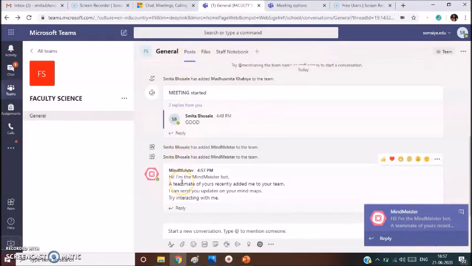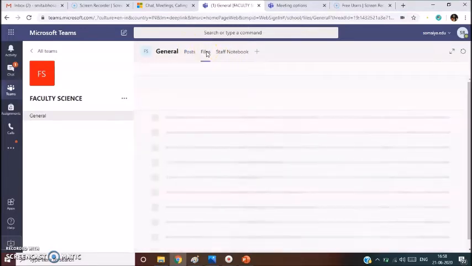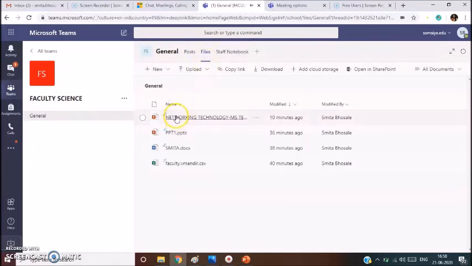So here you get the message, a teammate of yours recently added me to your team. So now you can add the files. It will also enlist the number of files, the list of the files. The list of the files can also be viewed on clicking this arrow.